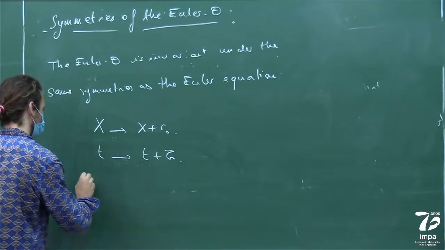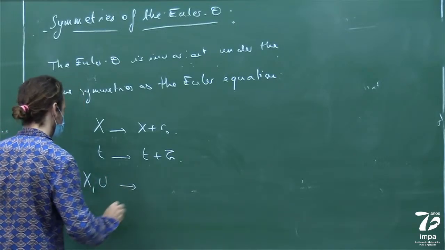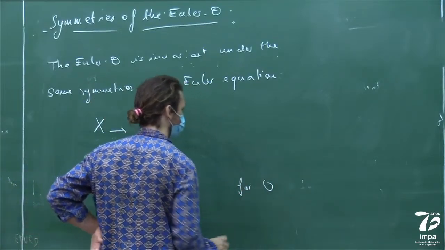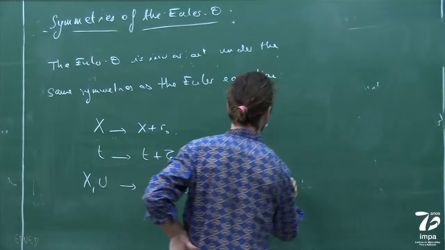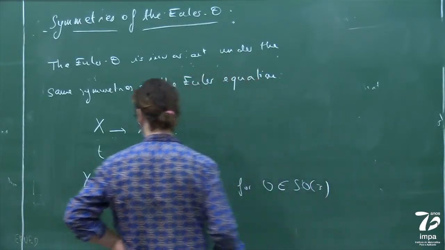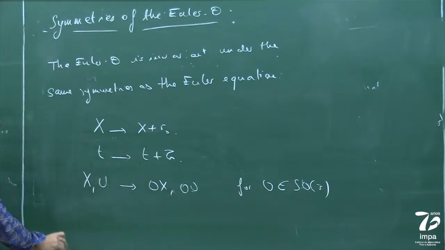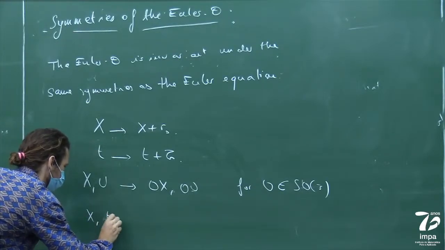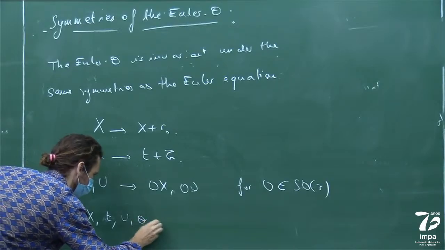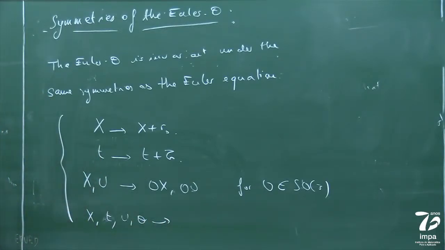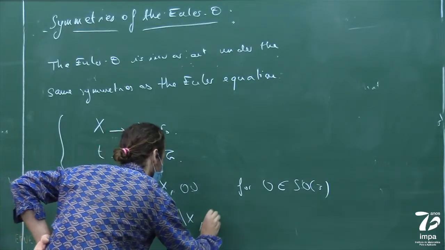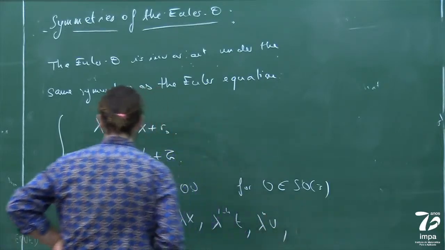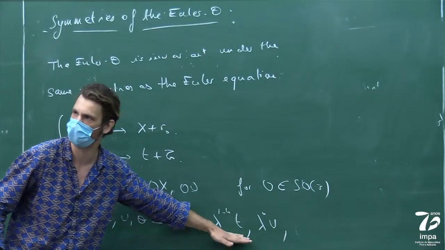The rotation, x, u gives Ox, Ou for all a given rotational matrix, and the scaling symmetry, which is x, t, u, theta, which gives lambda x, lambda to the power 1 minus h t, lambda h u, and so this is the regular